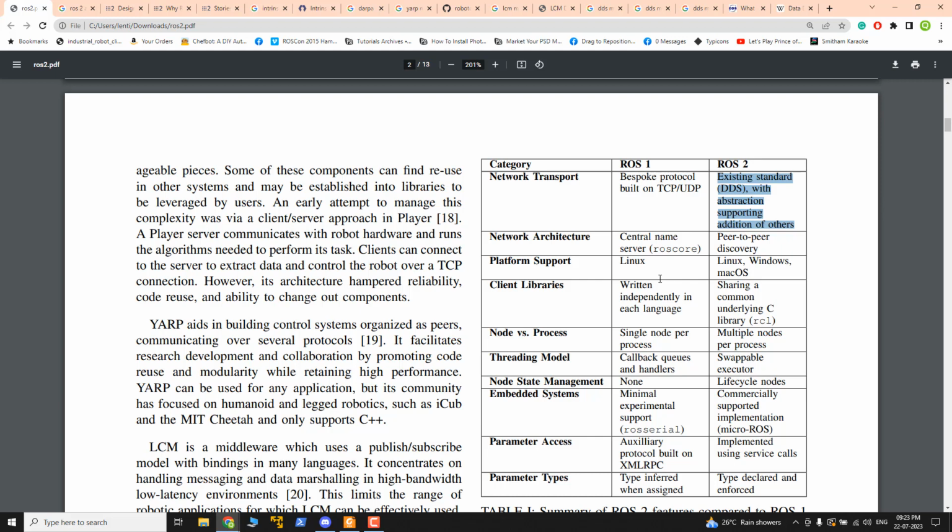The single point of failure is there in ROS 1, but in ROS 2, because of DDS, we don't need to worry about ROS core. There is no ROS core at all. Okay, so the main change is that you don't need to enter ROS core. You just need to run the nodes. Okay, so that is actually a great